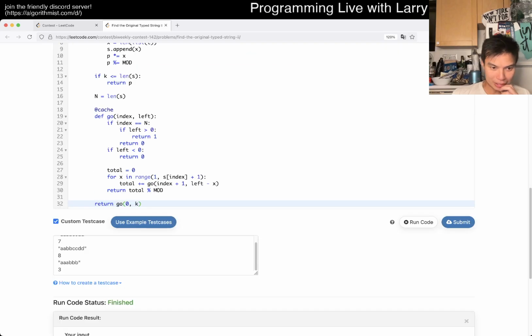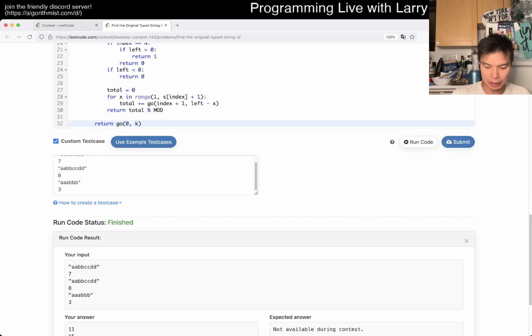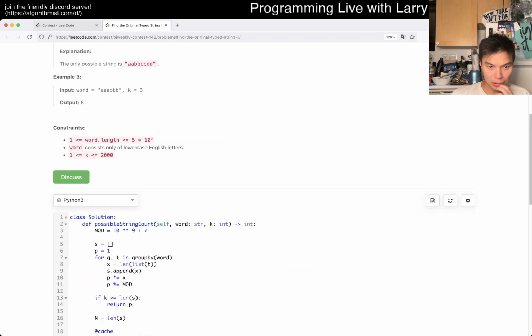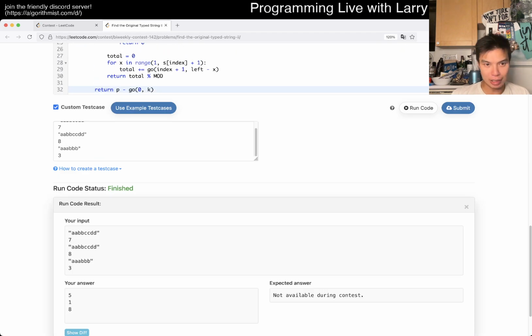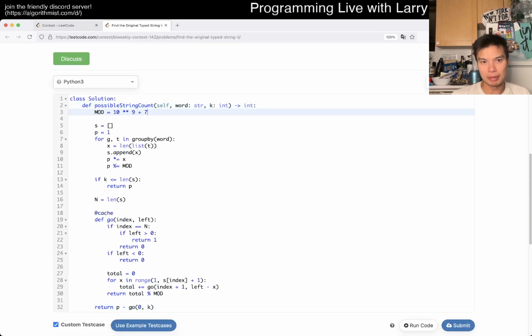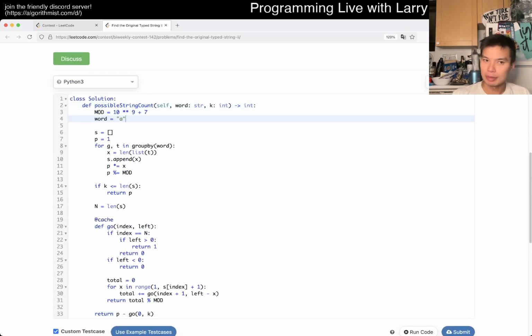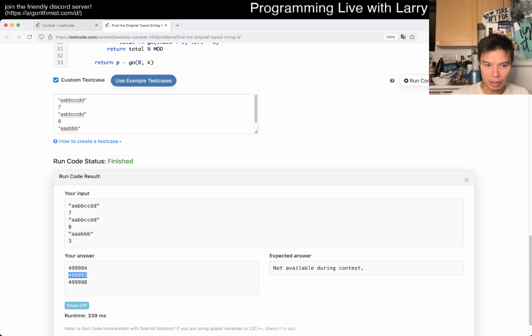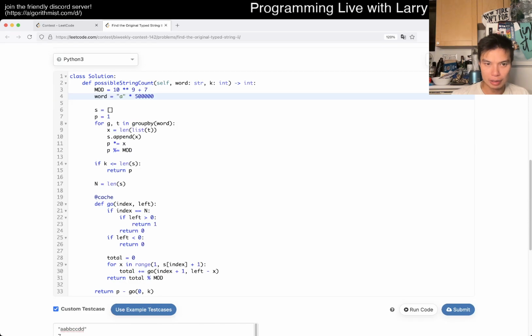Well, maybe not. Oh no, but this is P minus this. Okay. Is this right? I don't know. Let's try something funky for a second. I mean, it has the right answer, but times... but let's do at least a little bit of testing. That looks okay. I don't know if it's actually right.